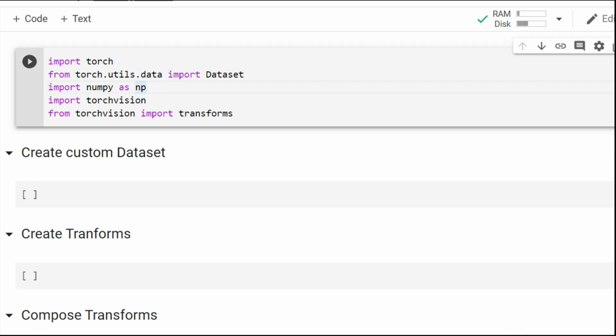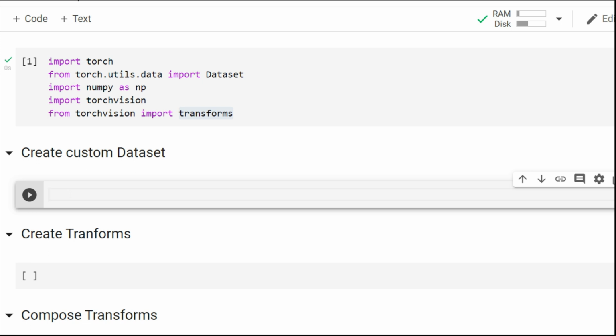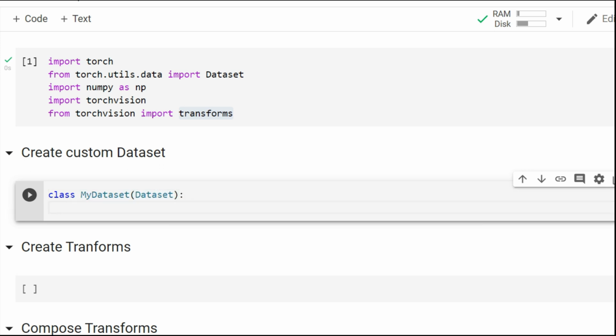We will import torch and this Dataset class, and this numpy we will import in order to read the text data, CSV data, and then we need this transforms for transforms.compose. So let's import these dependencies. Now let's create our custom dataset class. So we will call it class MyDataset, and it should inherit from the Dataset class, and then we will define the 3 methods: